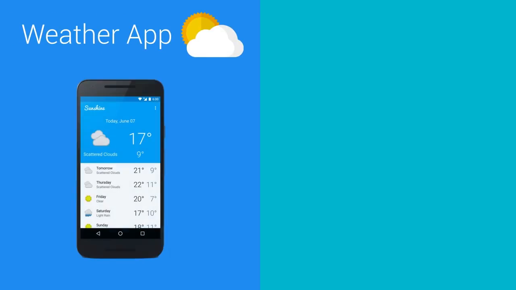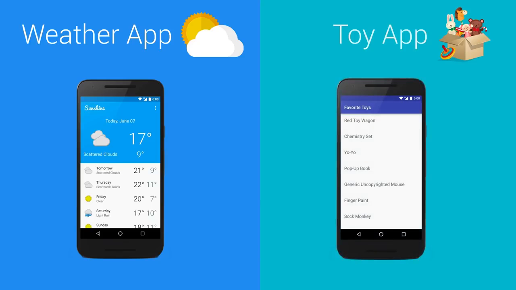The course is structured to divide learning between building our weather app and a series of simple, or toy apps designed to illustrate key Android concepts. The first of the applications is literally a toy app. The app displays a scrolling list of generic toys with what we hope are non-copyrighted names, a sort of toy